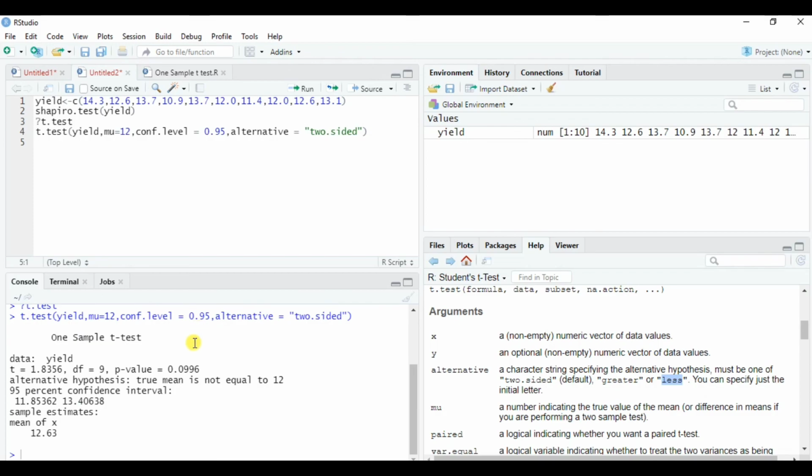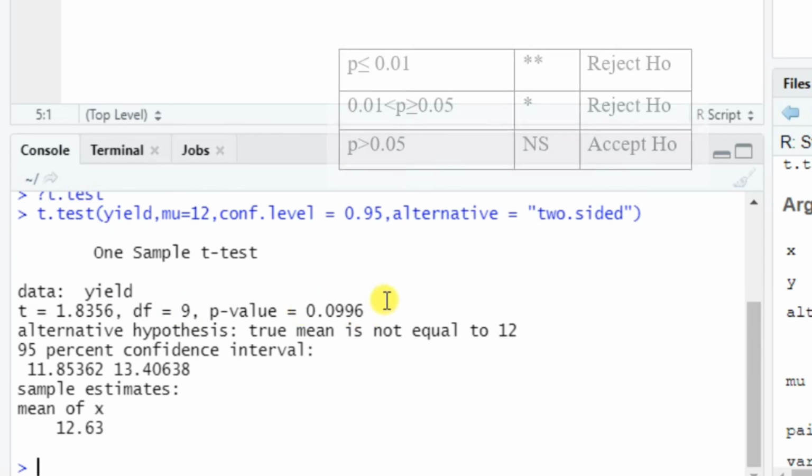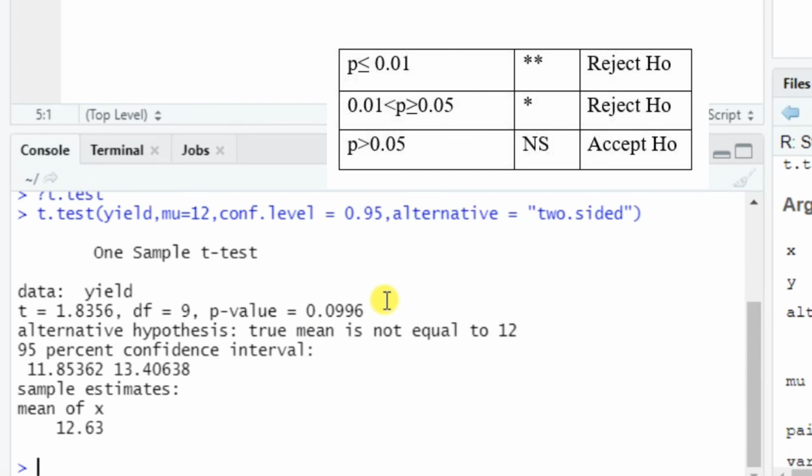Okay, so the t statistic is 1.8356. Degrees of freedom is 9 because there were 10 observations, so 10 minus 1, that is 9. The p value is 0.09. This is greater than 0.05, which means the result is non-significant. As the result is non-significant, we will accept the null hypothesis.